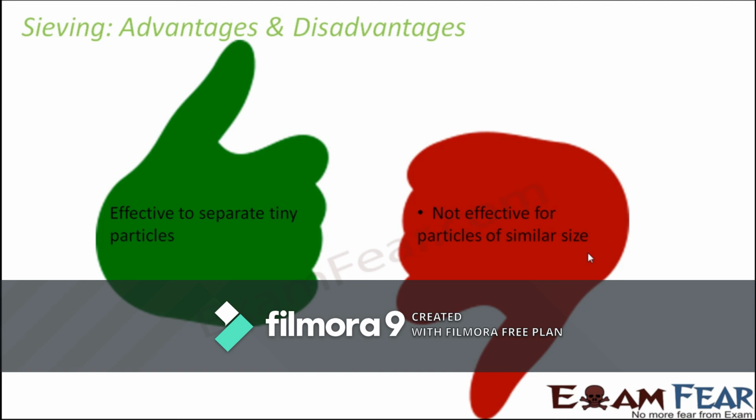Now if two particles are of similar size but one is heavy and the other one is light, then you can make use of winnowing. If two particles are of different sizes, even if slightly different, you can make use of sieving. So let's see what we do when two particles are of similar size, but at the same time there is not much distinction between their densities or weight. So we will talk about